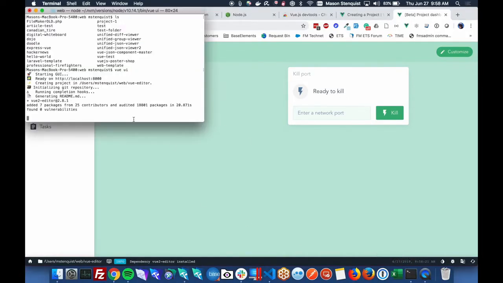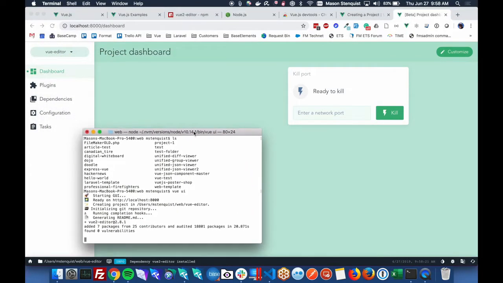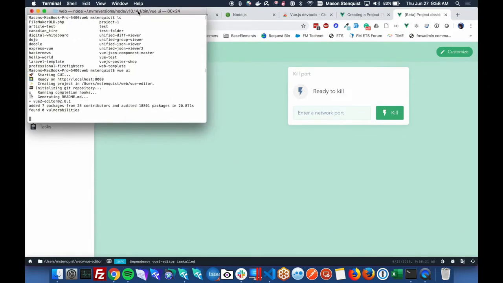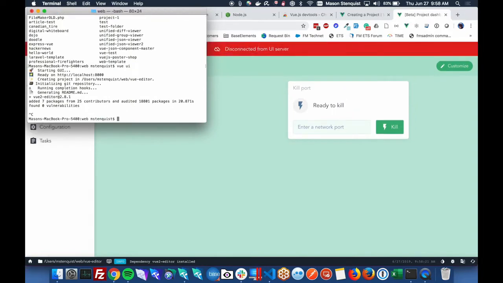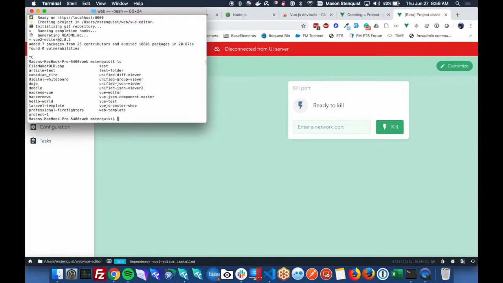So I'm actually going to kill the GUI right now. So that's Control C on Mac, and Windows to kill a process from running. So if you'll notice, if I list the directory, we should have the Vue editor folder, which we do.